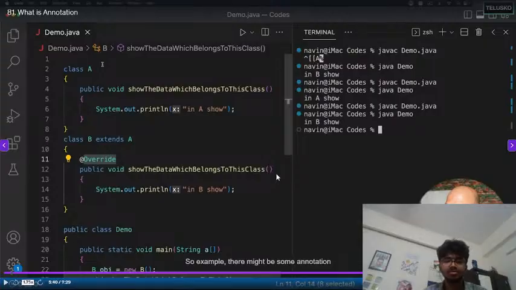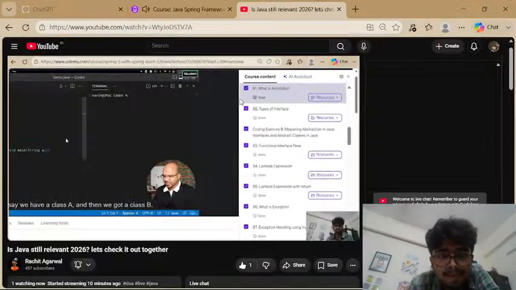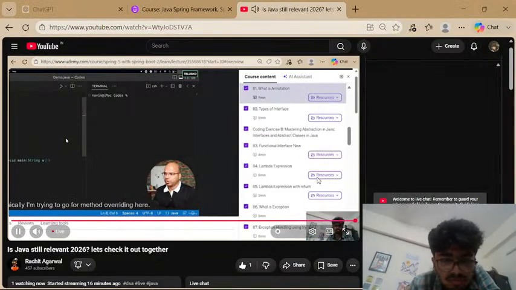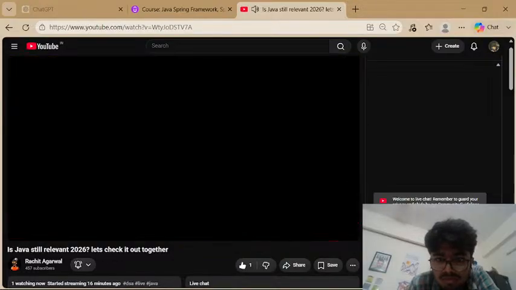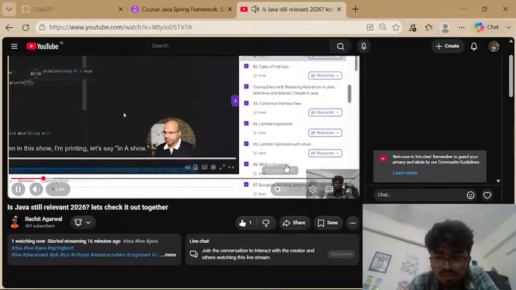Now, there are some annotations which work on methods. There are some annotations which work on variables. There are some annotations which work on class level. So, example, I'm trying to go for method overriding here. So, of course, we will have a method which is show, and then in this show, I'm printing, let's say, in